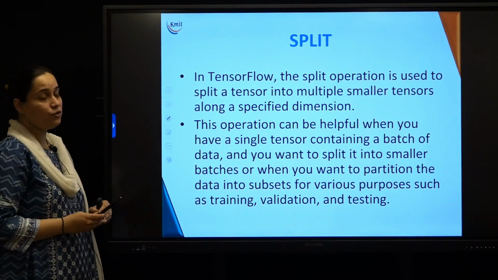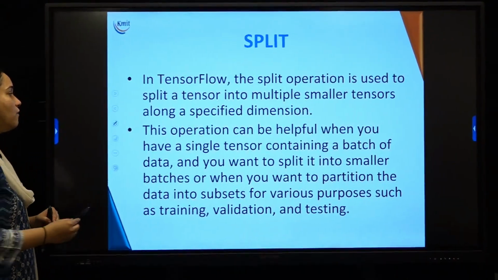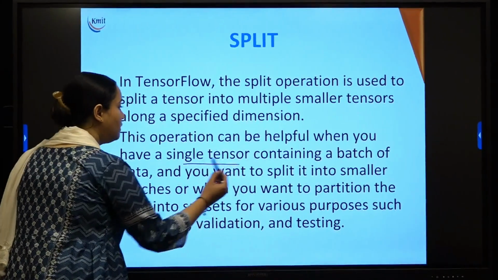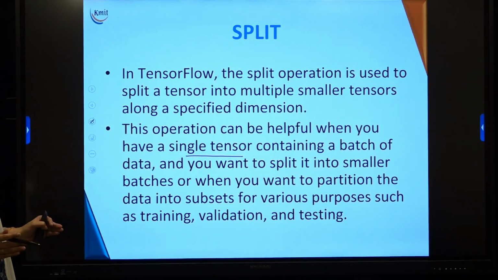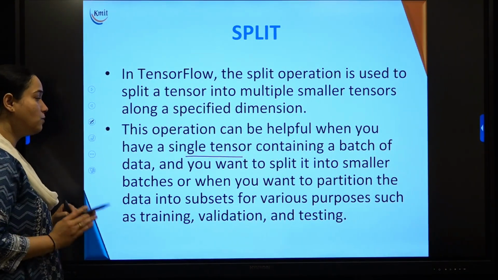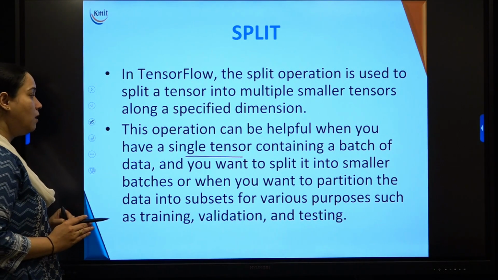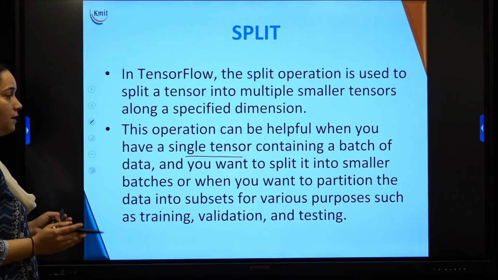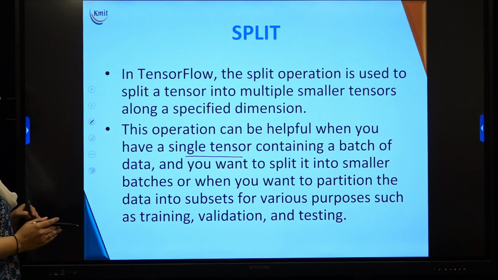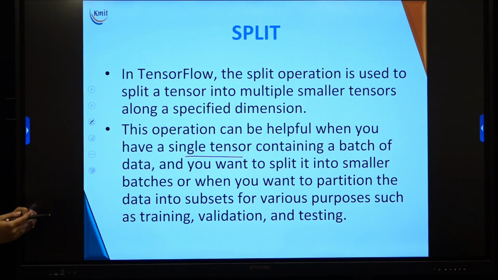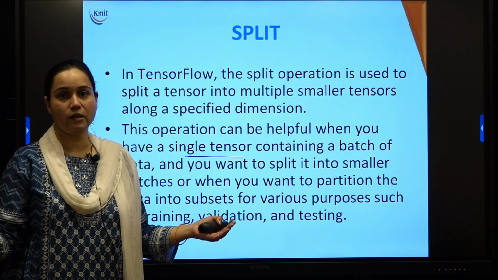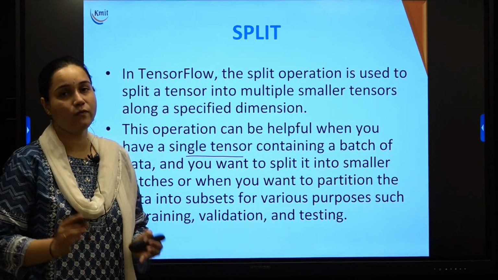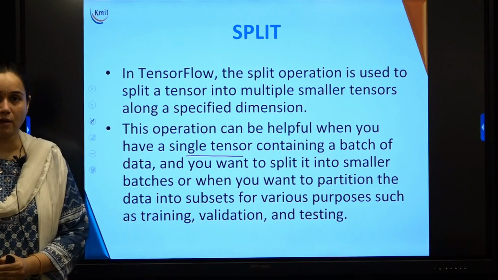This split operation will be useful when you have a single tensor which contains a batch of data, and then you want to split it further into smaller batches, or when you want to partition the data into subsets for various purposes such as training, validation and testing. So suppose you have a very big data set and you want to use a part of it for training,